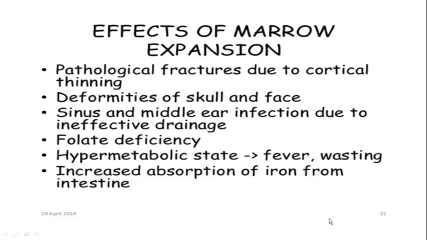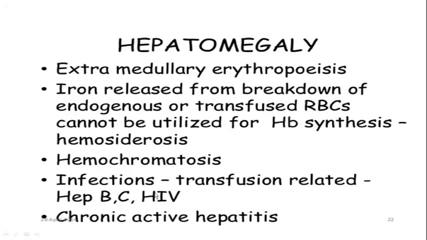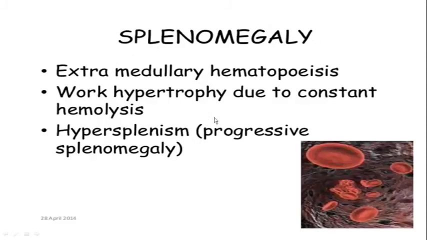So the effects of marrow expansion will be deformities of the skull and the face, folate deficiency, and because of the hypermetabolic state there will be fever and wasting and increased absorption of iron from the intestine. And hepatomegaly will be due to the extramedullary erythropoiesis, and there will be hemosiderosis because of iron release from the breakdown of the